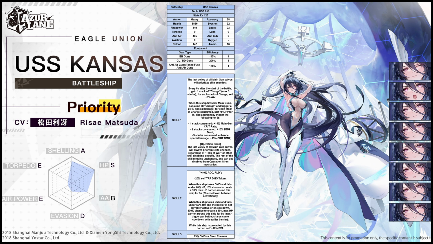Nevertheless, let's start with skill number 1. The last volley of all main gun salvos will prioritize elite enemies. Every 8 seconds after the start of the battle, gain 1 stack of charge, maximum 3 stacks. So 24 seconds into the battle you're at maximum. For each of the stacks of charge, she will gain 6% anti-air. So 18% anti-air. When this ship fires her main guns, consume all charge stacks and trigger a level 10 special